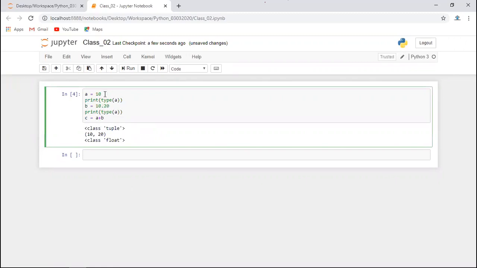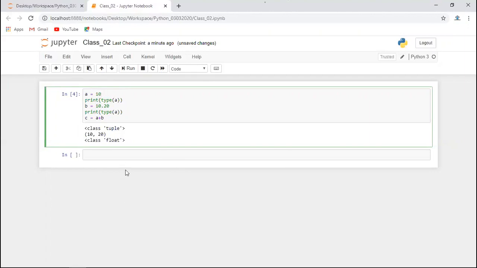If you add integer and float values together, precedence is given to the float value, because you have to get the exact value. 10.20 is added to 10, so it becomes 20.20. For your question, you cannot assign two different values to a single variable. If you keep them in a list or a tuple, that again is a single object, not two values.